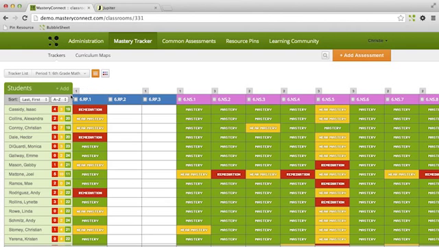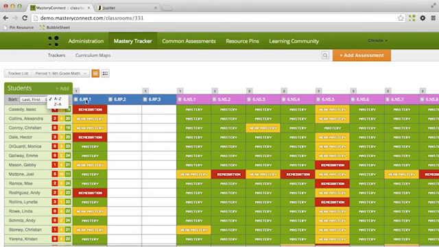When exporting grades to your traditional gradebook, you'll need to make sure that the order and number of your students in both your Mastery Tracker and your traditional gradebook match. Mastery Connect allows you to sort your students by last name, first name, or by student identification number. You can also sort the list ascending or descending to make it easily match up to your list of students